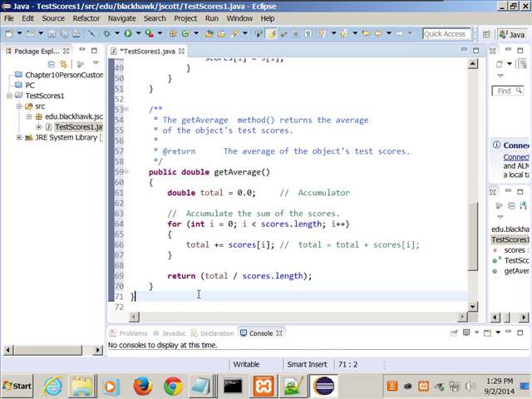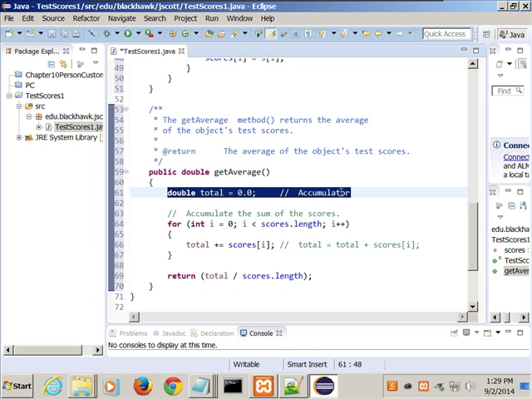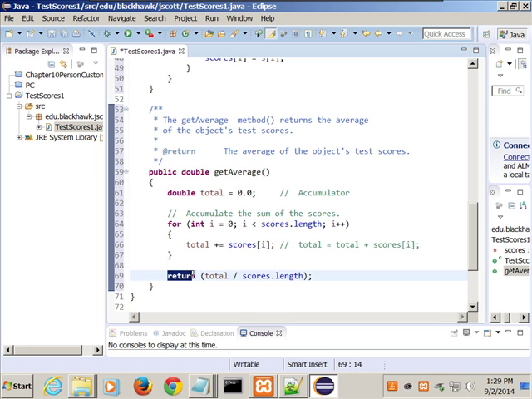Now, I'll go over this in just a second, but I want you to realize if you look up on the screen here, I tried to keep the size of this down. I could have created another variable called average in here. I could have made double average equals 0.0. Then I could have said average equals total divided by scores.length, return average. That would have been totally fine.